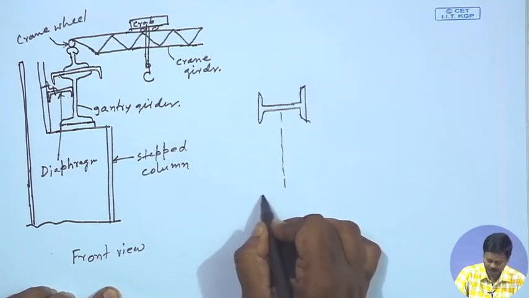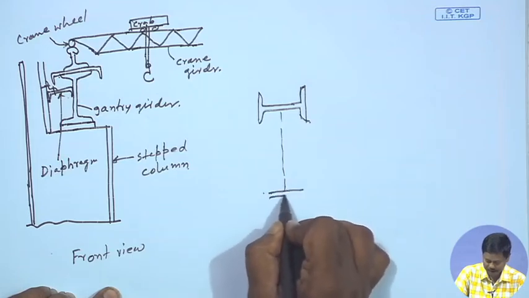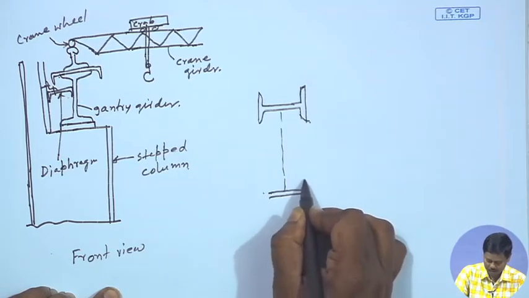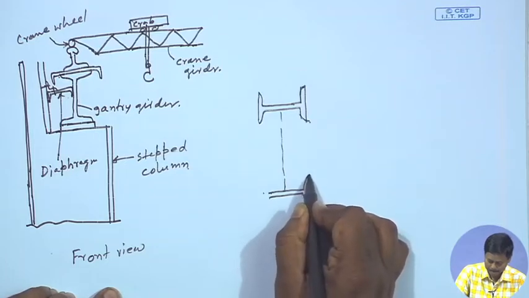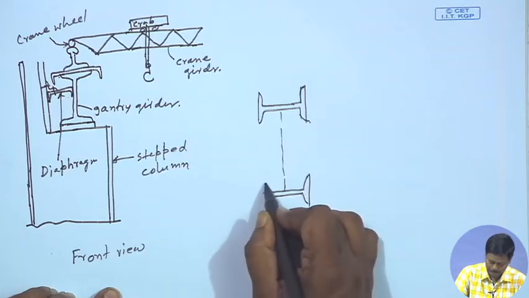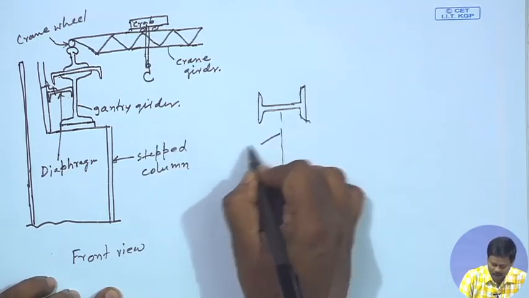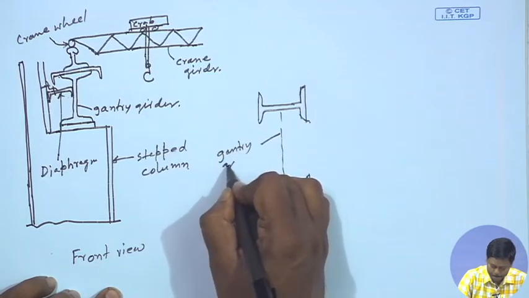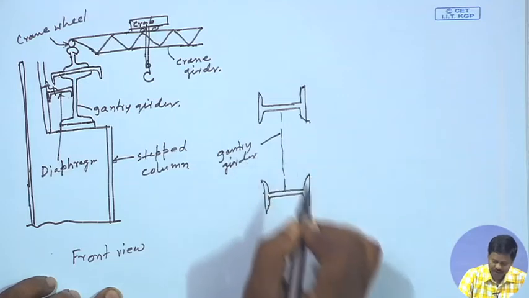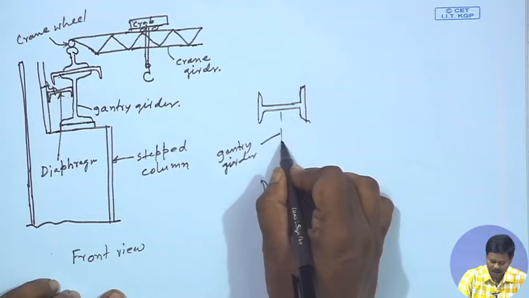Say another column is placed here, between which the gantry girders are placed on the column. This is one column, this is another column, and this is the gantry girder. So, the gantry girder is supported between two columns, and this gantry girder